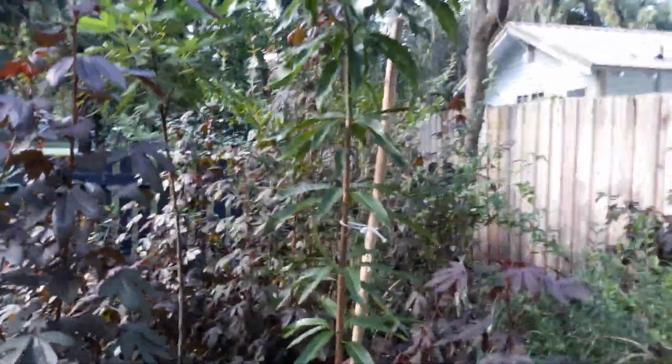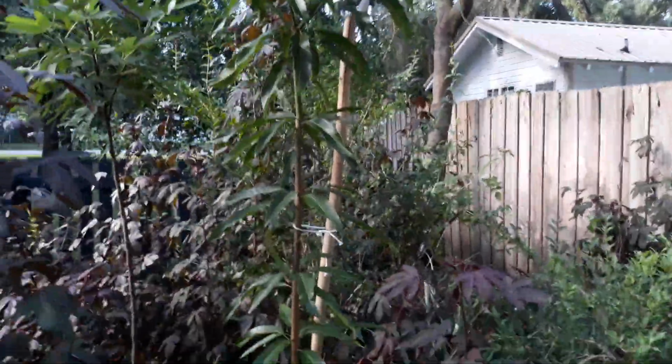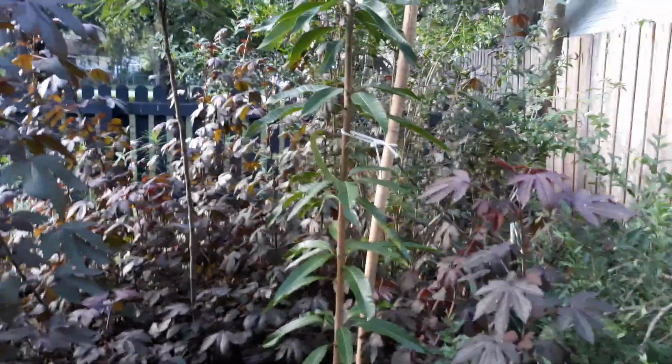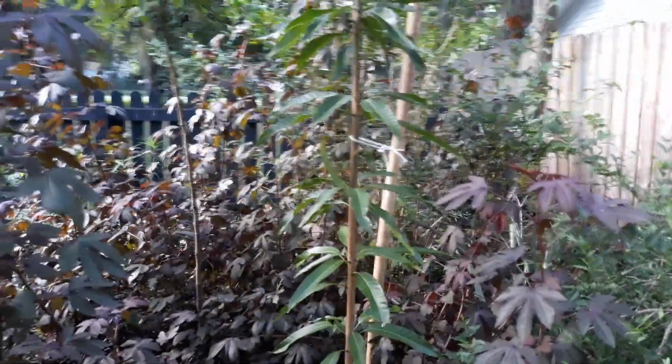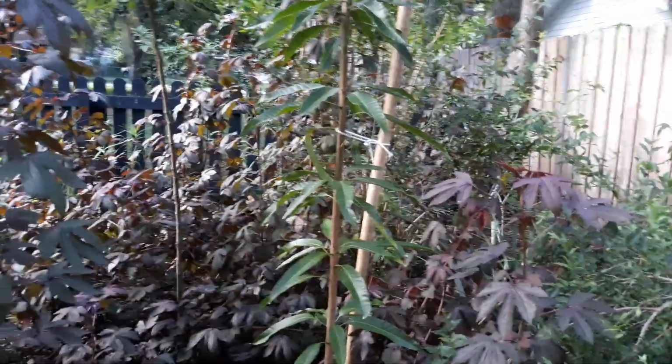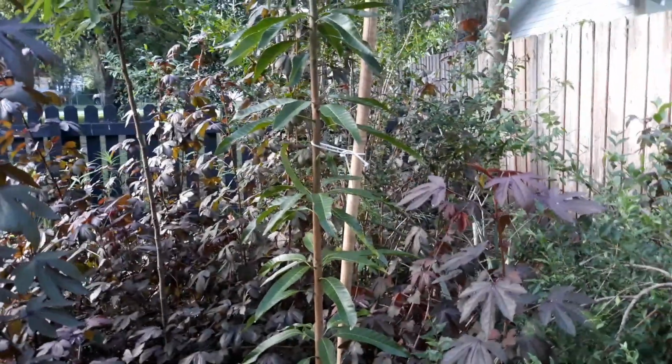So this right here is a mango. I was on a quest for yams. I had read about yams and was just curious, because I hear it's a plant you throw on the ground, and you just walk away and come back in several months, and you have this starch that you can use like a potato. I was just curious what they taste like. So I got on Craigslist, a Jamaican gentleman,